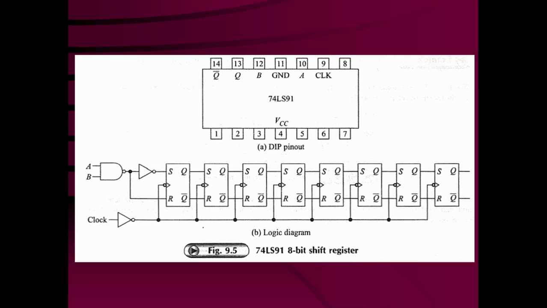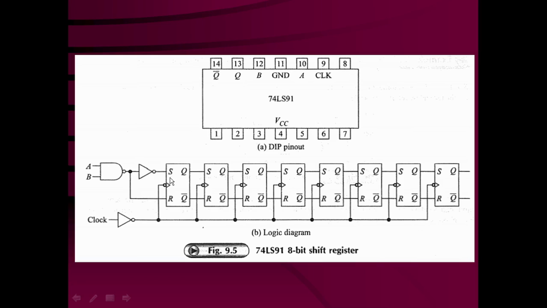So actually they respond on the negative edge of the clock pulse, but the clock is given prior to that through the inverter. So the data is going to be loaded or shifted from the flip flop, from left to right, with a positive edge of the clock pulse. You can apply data at either A or B, and that way this NAND gate will work as an inverter. Whatever data you provide at A or B will be inverted and made available to R, and again inverted and made available to the flip flop S input, and that way this is going to be the D input.